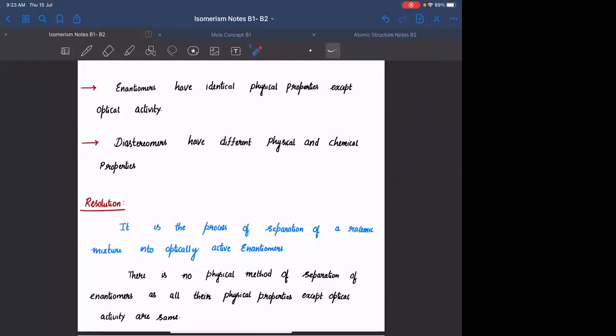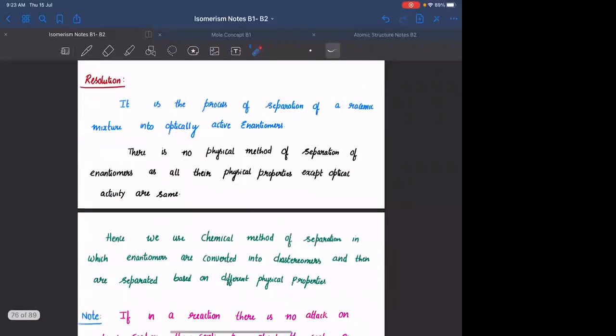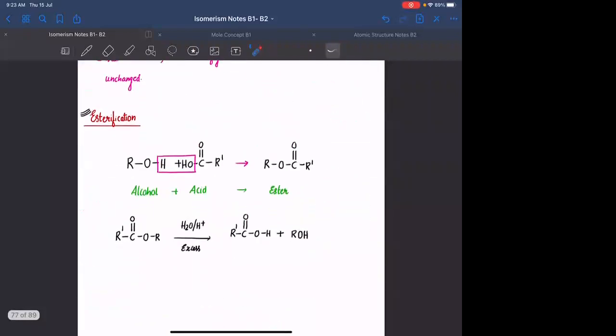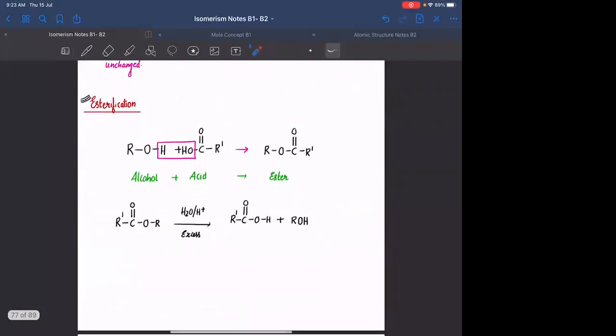Okay. So उसमें हमने एक reaction देखा है, which is esterification. In esterification, you will be reacting an alcohol with an acid. From the acid, you need to remove the OH. From the alcohol, you need to remove the H. You will be forming an ester. Ester on acidic hydrolysis, or you can also do basic hydrolysis. Hydrolysis matlab breaking with the help of water. You are using H positive as a catalyst. You can also use OH minus as a catalyst. You will get back the alcohol as well as acid.